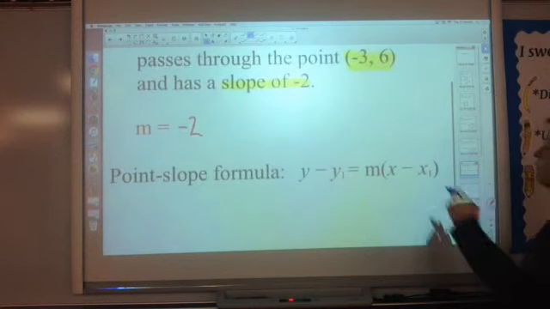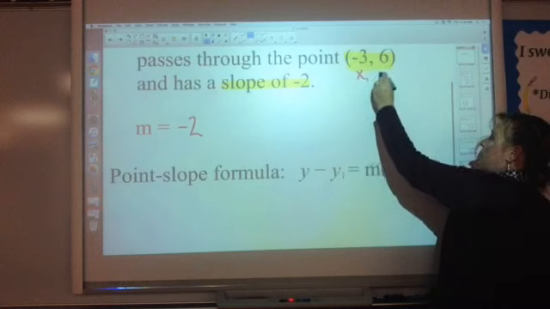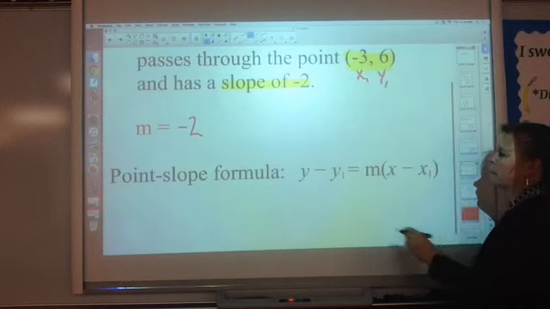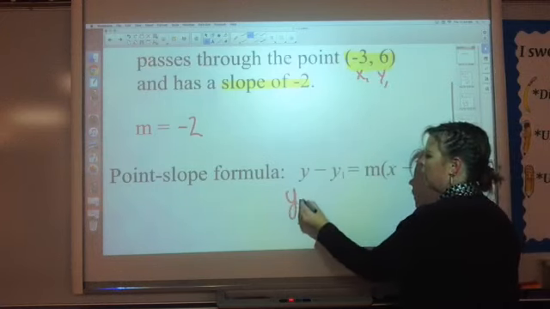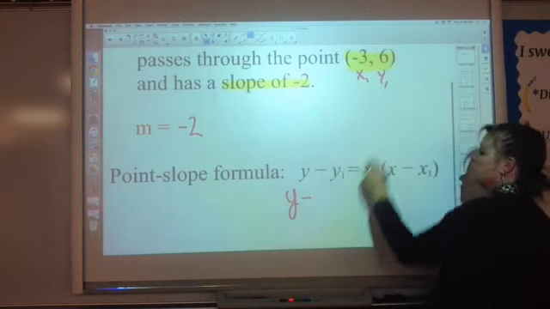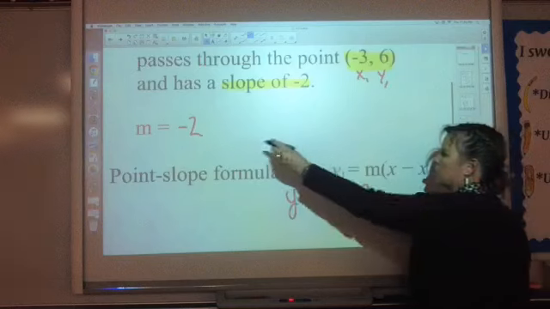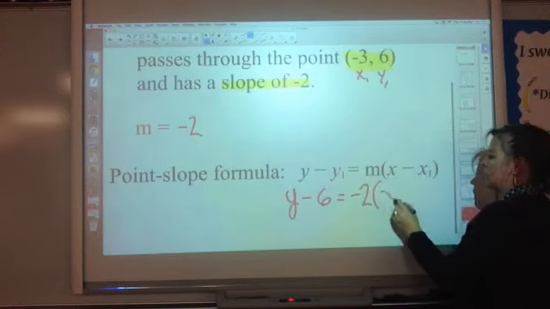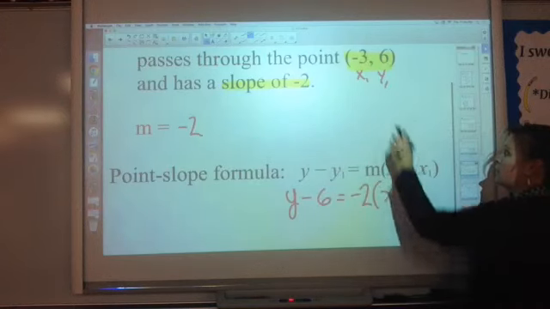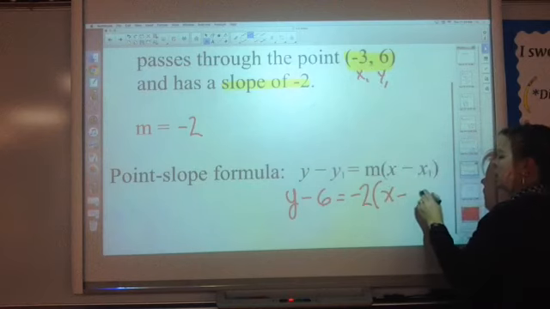We have the point slope formula. We know this is x1 and y1. Fill in the blanks. Y minus 6 equals negative 2 goes in for your slope times x minus, careful, negative